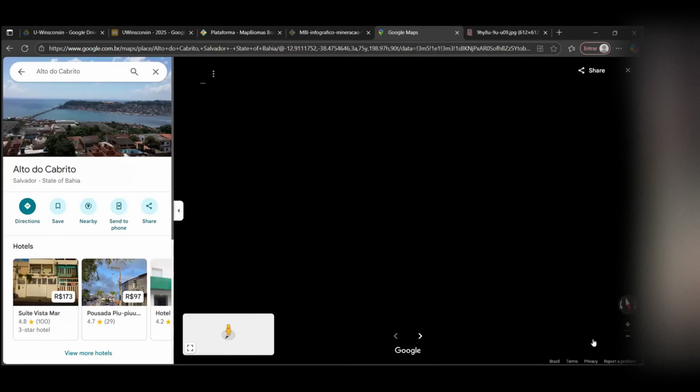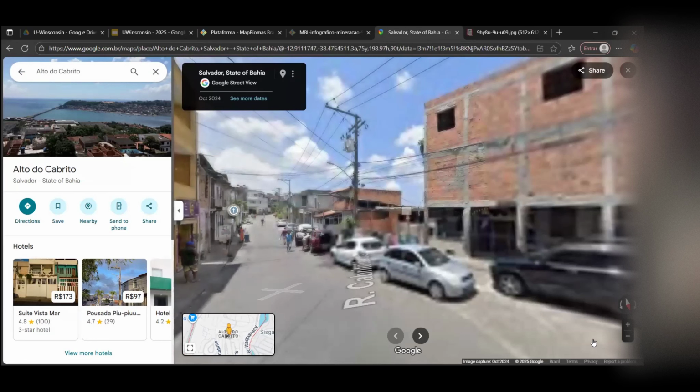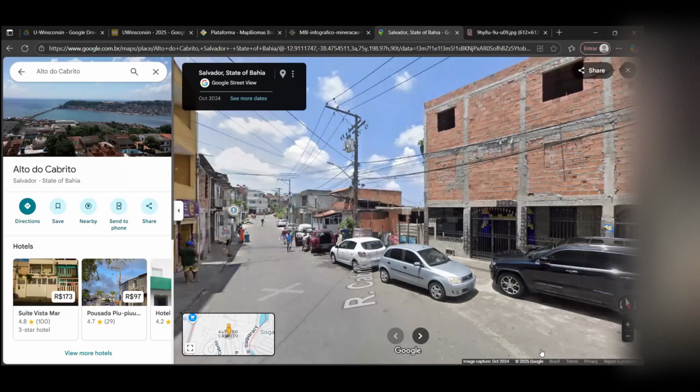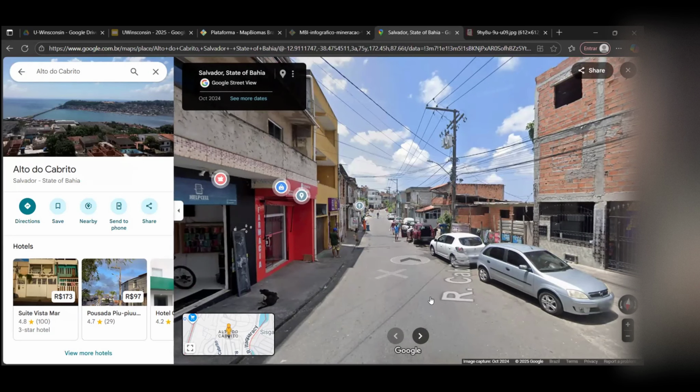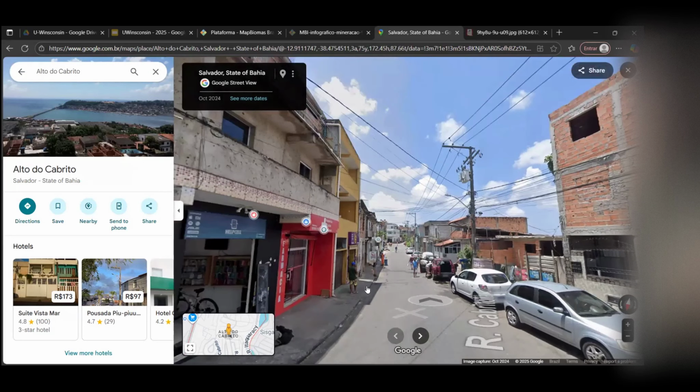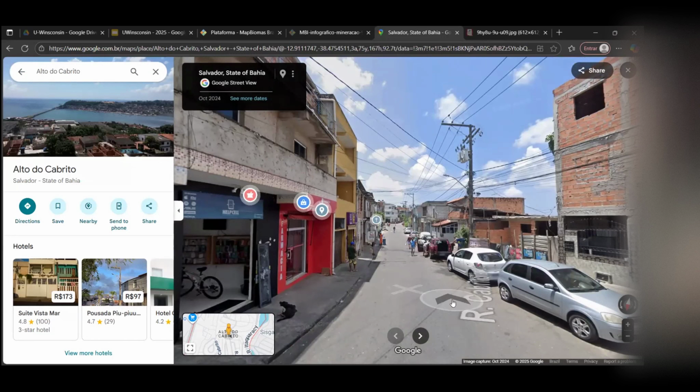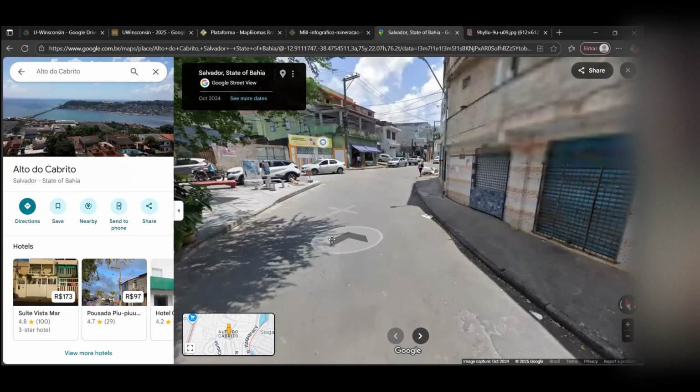I will just use the street view for us to understand what this is. So this is Alto do Cabrito. The first thing that people ask me is, okay, so the streets are not that bad. Okay, you can walk here and so on, but remember, the Google car was only able to go through the major roads. So this is not the real inner slum. All that we can do is walk around using just the main roads, not the small roads.